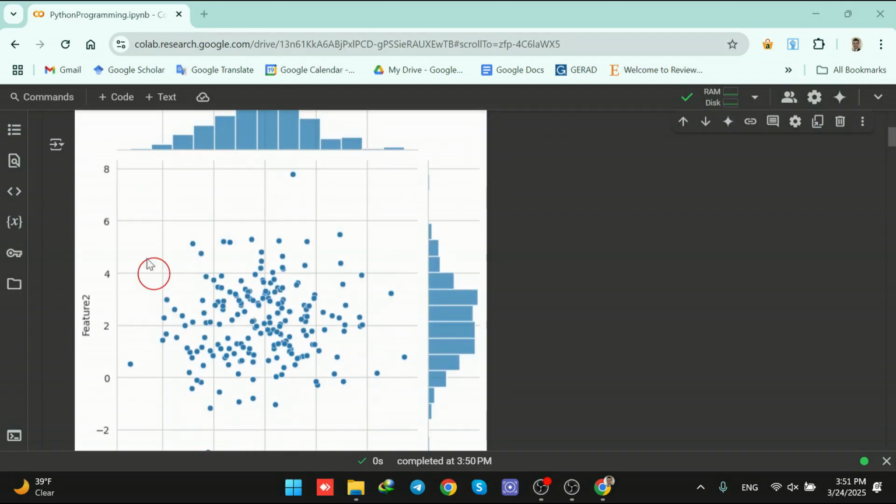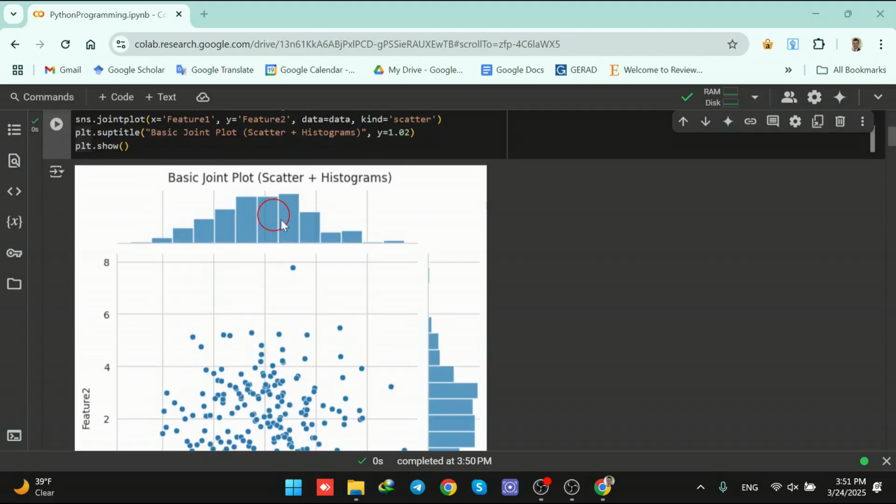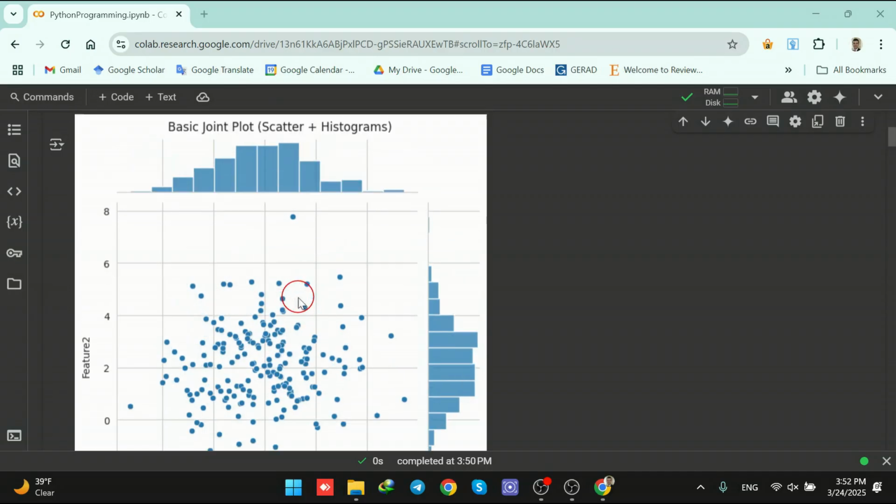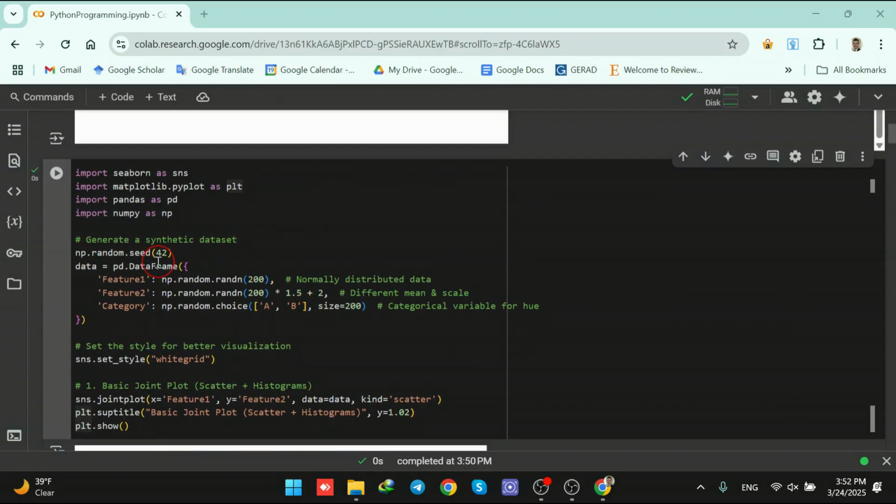In today's video, we are going to work with joint plot. So here is my joint plot. Now I would like to learn how to plot this and what this plot is telling me, in fact. In order to plot this,